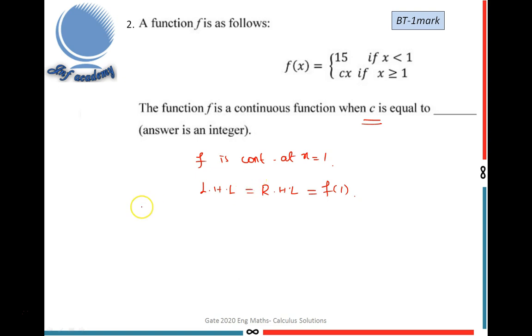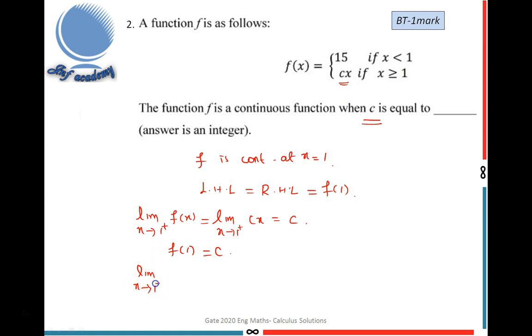Okay. So I have to find the limit as x tends to 1 plus, that is the right hand limit. Plus means x greater than 1 values, f of x is cx. The limit as x tends to 1 plus of cx is equal to c. Here, by using the function f of 1, the x equal to 1 case, we get cx only. So this is also c. Put x equal to 1, we get c. And next I find